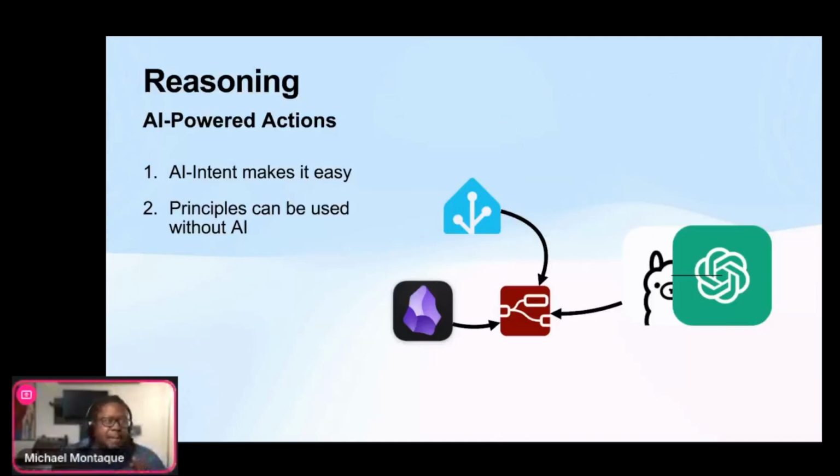So just to recap, you can use AI within this section. It's super powerful, and AI intent makes it very easy to separate the concerns and call what needs to be called at the appropriate time with the appropriate amount of information. But something that you should also note is that this principle can also work without AI. The idea of being able to see information and then call something or say this is the best thing to call, that's nothing more than a bunch of if statements or switch statements. So if you wanted to keep things local, your choreographer could just be hard-coded switch statements for specific things that you know that you would need to deal with.